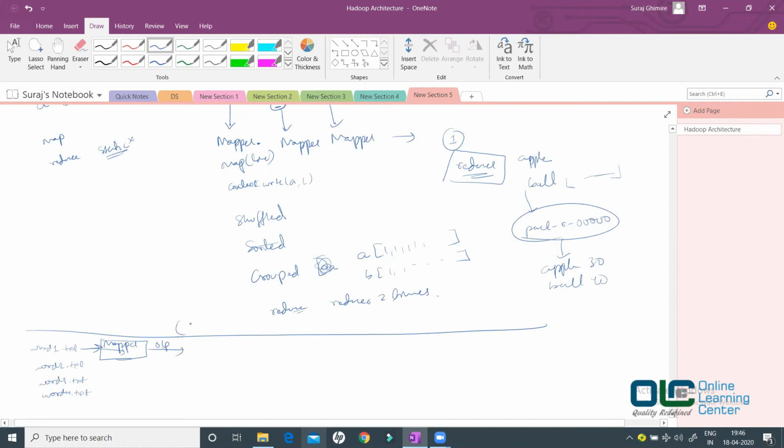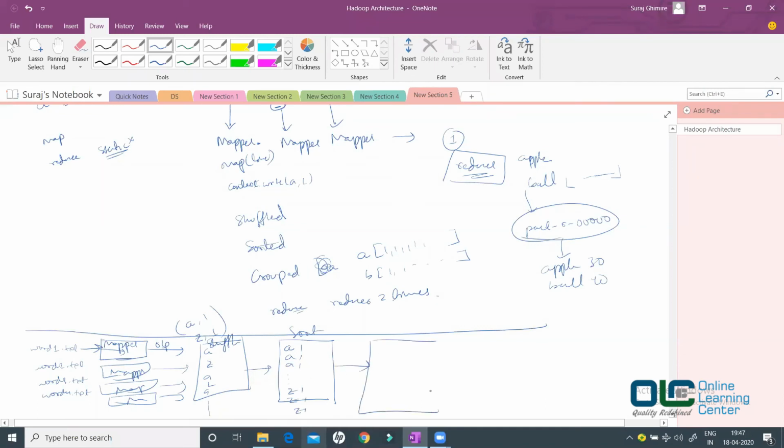Okay, and the output can be anything from A to Z. So all the mappers will give you the output A to Z. Okay, done. Now all this data would be collected together. So I'll say shuffle. You'll have A to Z, A to Z, A to Z, A to Z, done, shuffle. And then you have sort, you are sorting them. So when you're sorting them, you get A1, A1, A1, dot dot dot, Z1, Z1, Z1. You have sorted all the data, done.